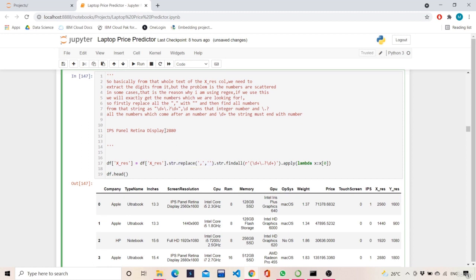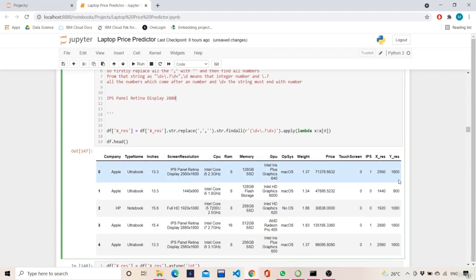Then we find a number over here, and we see if there is any dot or not. There is no dot. Then at the end, is the end a number? Yes, this is the end. This part is the starting and this part is the end. That is also a number only. So we will extract this,